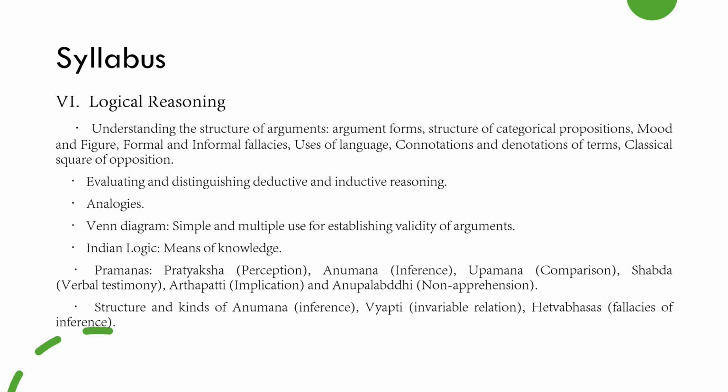Number 6 consists of logical reasoning, where understanding the structure of arguments, argument forms, structure of categorical propositions, moods and figures, formal and informal fallacies, uses of language, connotations and denotations of terms, classical square of opposition, evaluating and distinguishing deductive and inductive reasoning, analogies, Venn diagram, simple and multiple use of establishing validity of arguments, Indian